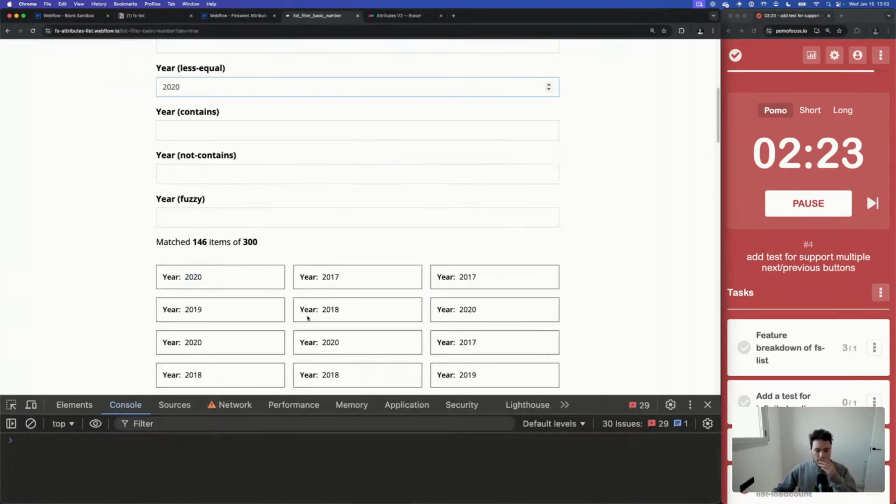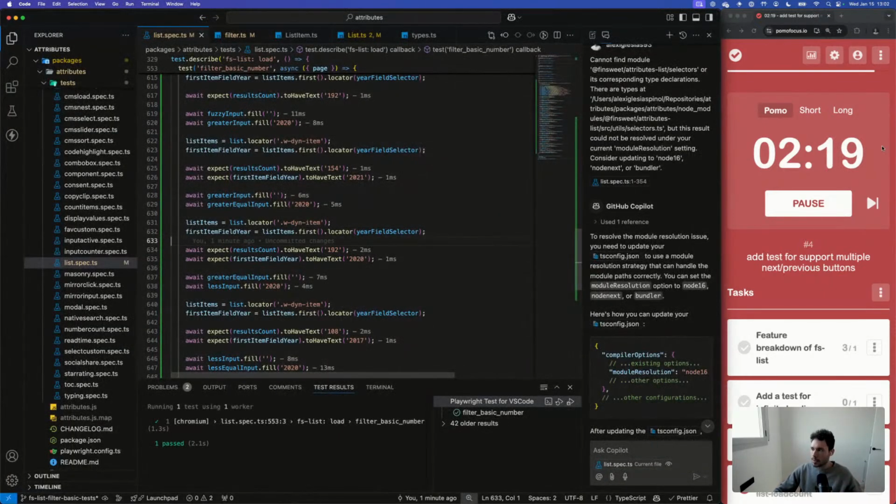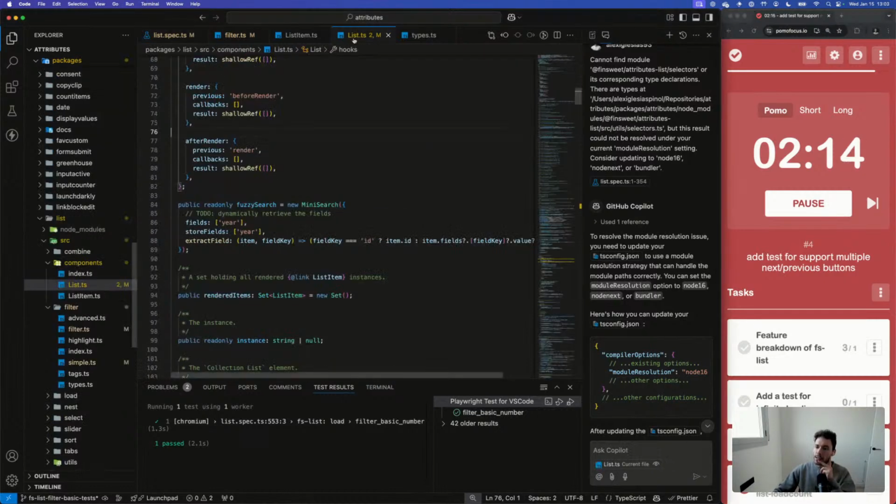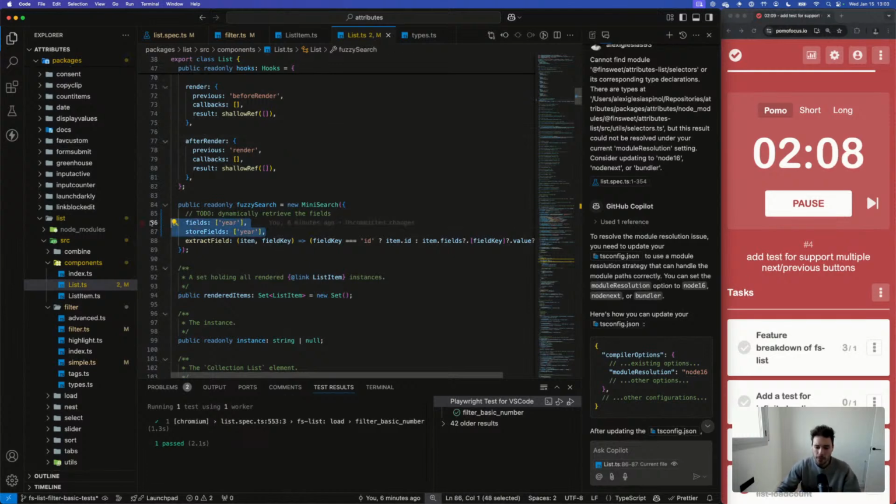Okay, good. So before ending, I know that there are only 2 minutes left, but there's something that I want to fix: the fuzzy search indexing should be dynamic, because right now it's hard coded with some fields, but that was just for testing. Okay, I need to make this dynamic.